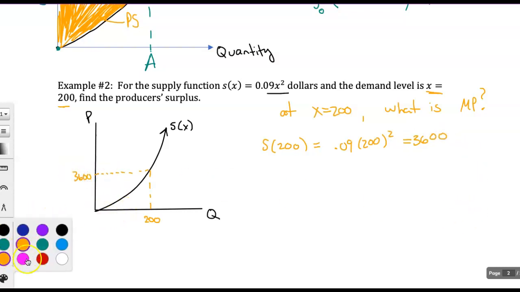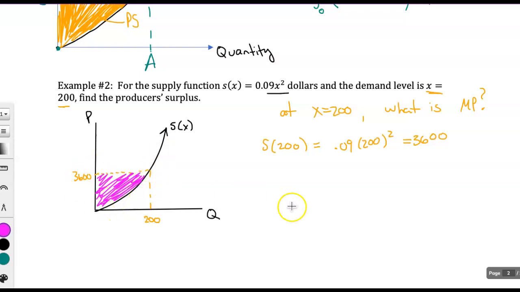Now we want to find the area between the market price and the supply curve, because I was willing to take all of these lower amounts of money, but the whole time I got $3,600 for everything I sold, when I was willing to take way less. So my producer surplus is equal to the integral from 0 to 200, because those are the x values, of the upper curve, which is 3,600, minus the lower curve, which is the parabola,